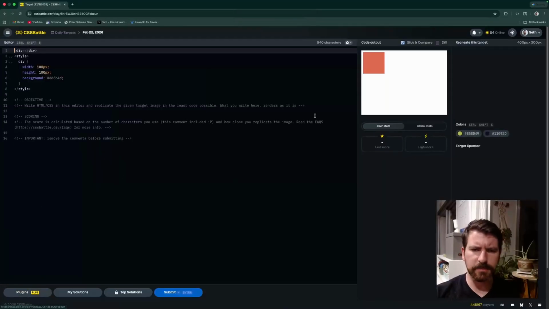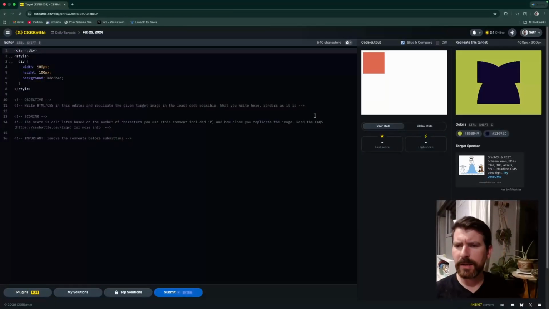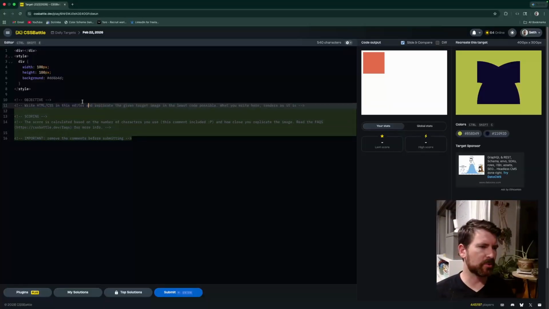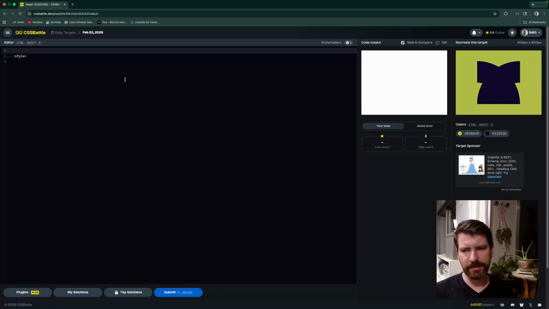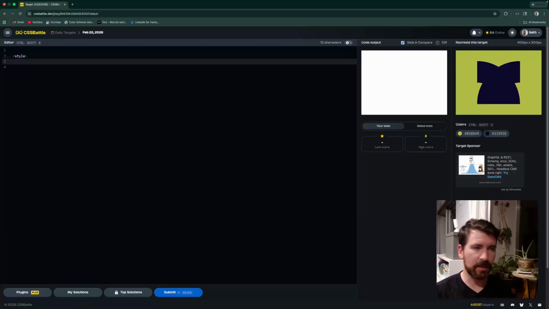Alright, CSS battle time, and we have this thing. I don't know, curvy, sweepy, sort of. What is that? I can never think of a name. Naming things is hard. Alright, so essentially what we have is this upper part of the